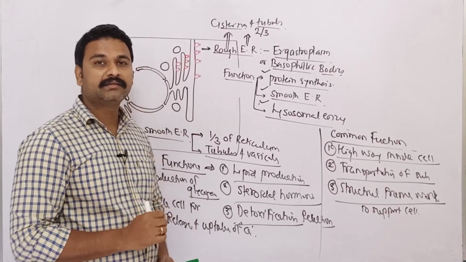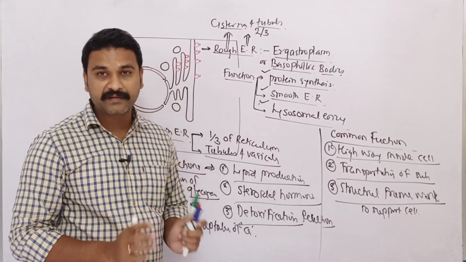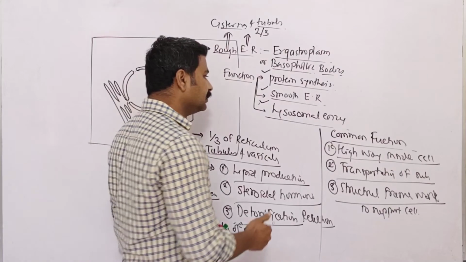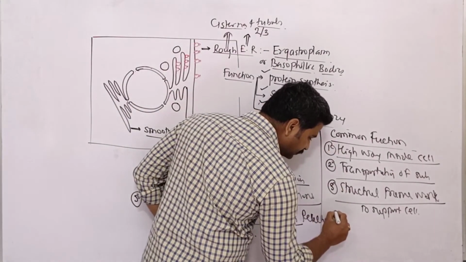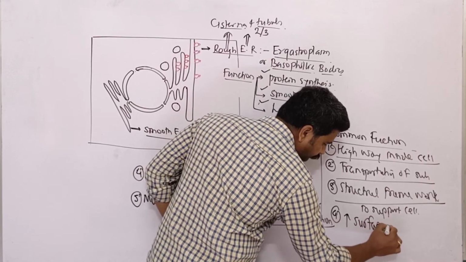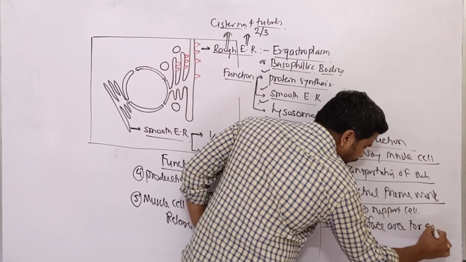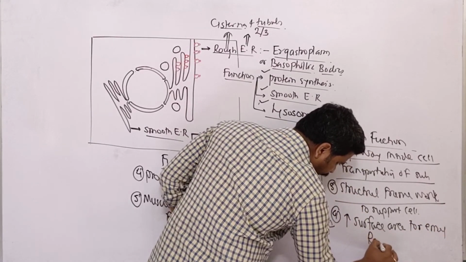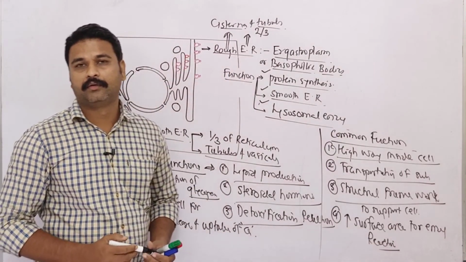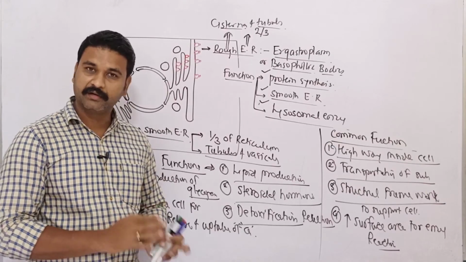Next, these endoplasmic reticulums will increase the surface area for enzymatic reactions. So these are the common functions performed by both the rough as well as